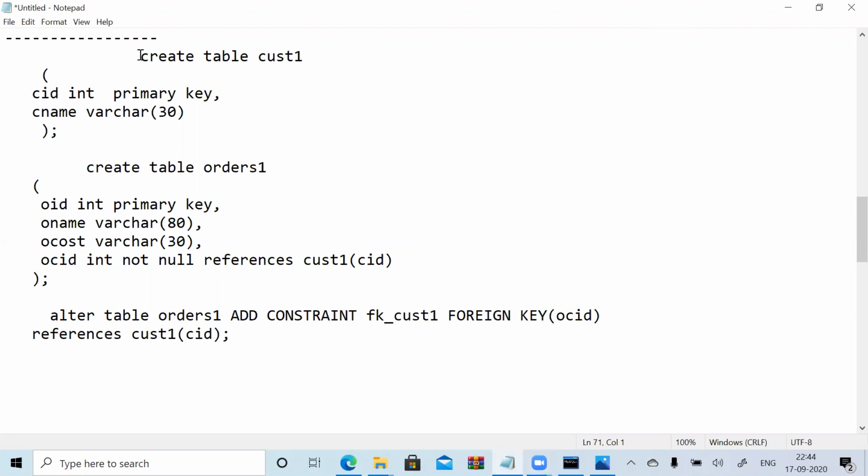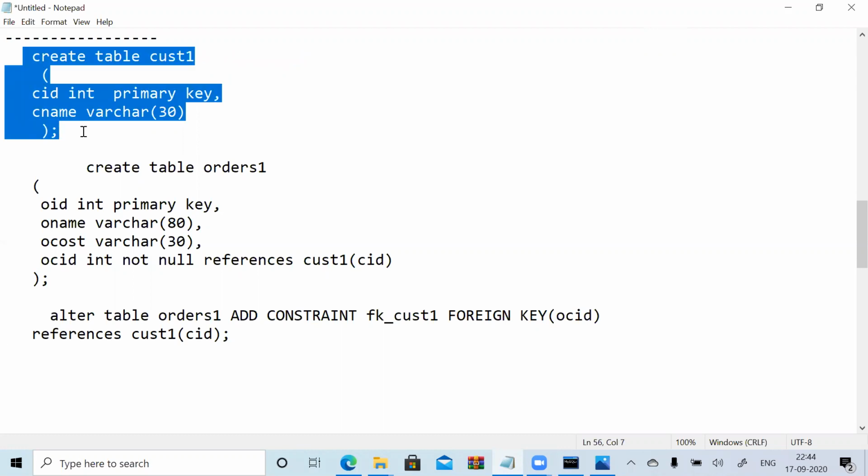What I have discussed means, let's take one simple example, that is how to create your table. Now this is your main table called customers table. It has two columns, an integer customer ID and customer name, where customer ID is a primary key. Next I'm creating one more table called orders. Let's see once again.